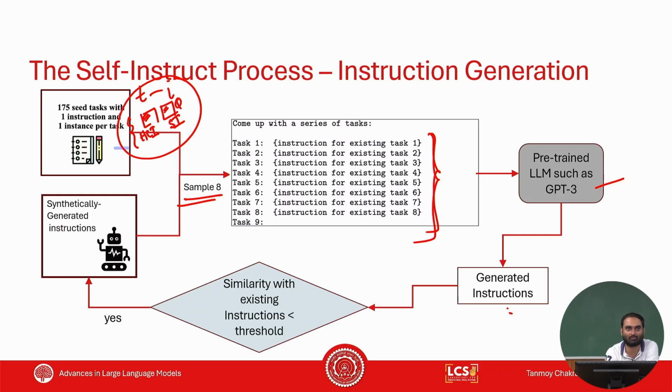Now some of the instructions that the GPT model generates are, let's say, the same kind of instructions that were already there in your dataset, right? So what you do here, you check the similarity between the existing instructions and the GPT generated instructions, and if the similarity is very high, you discard. If it is low, then you add this to the synthetic instruction set. Now you are populating this SI set. You have human instruction and synthetic instruction. Again, you do the same thing. You sample 8 instructions from the set and you repeat,